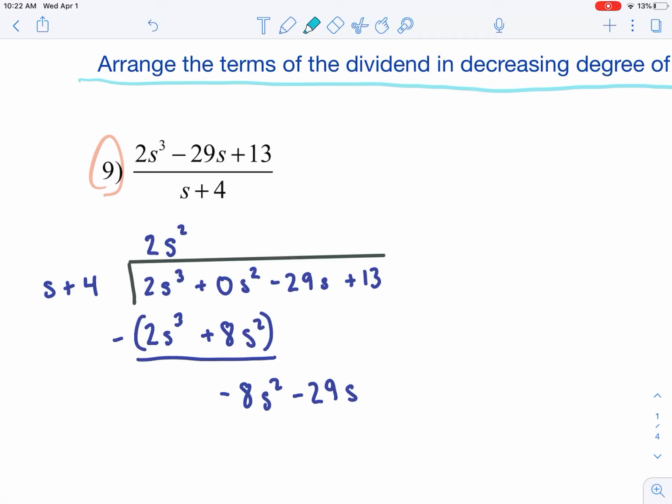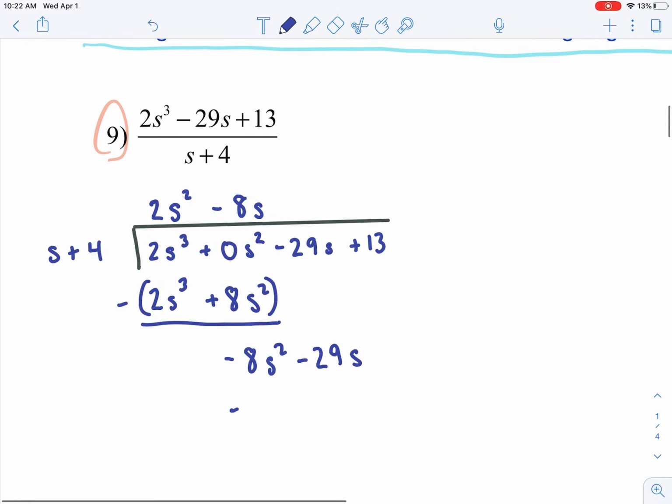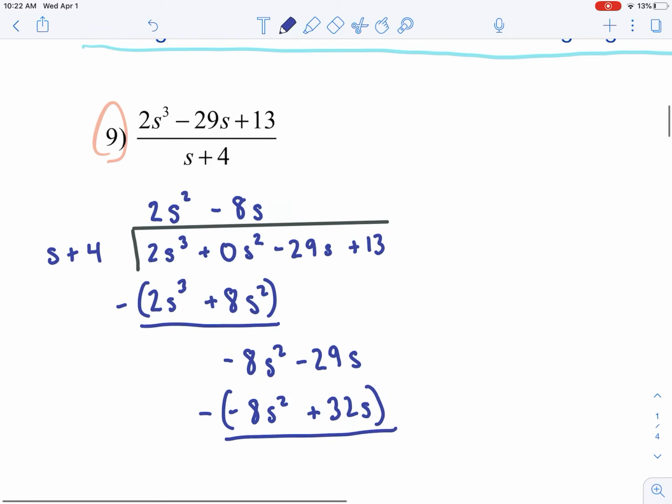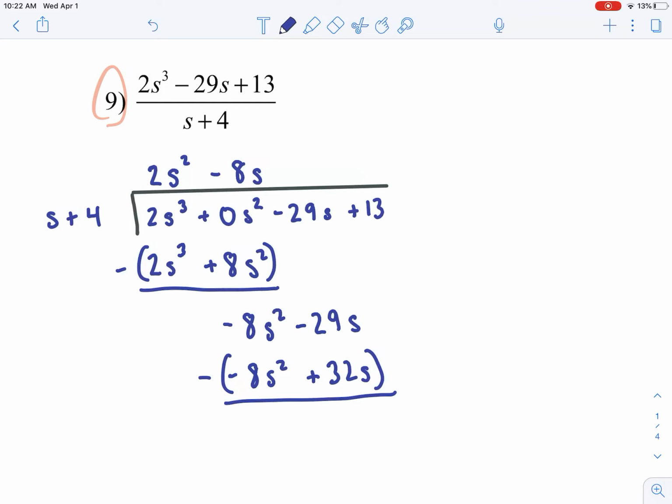Okay, now I have to think, what am I going to multiply s by to get negative 8s squared? I'm going to multiply it by negative 8s. And then I distribute that to both of the terms in the divisor. So I've got negative 8s squared, and then negative 8s times 4 is plus 32s. I've got to subtract those two terms. Helps me a lot to put them in parentheses and put the minus sign out there. Negative 8s squared minus negative 8s squared, those cancel out like they always should. Negative 29s minus,